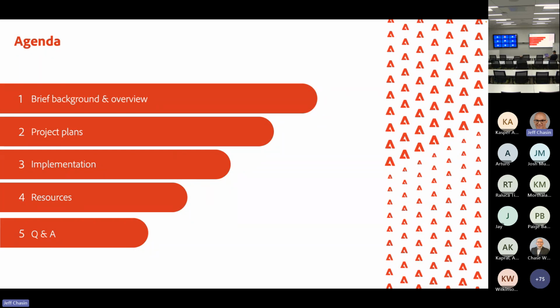So we're just going to do a quick background, little overview, sort of set the stage. We'll talk very quickly about project plans relative to data collection. Then we'll get into the meat in the sandwich, as they say, implementation work. We'll give you some resources for follow-up and further learning and reference, and then we'll do some